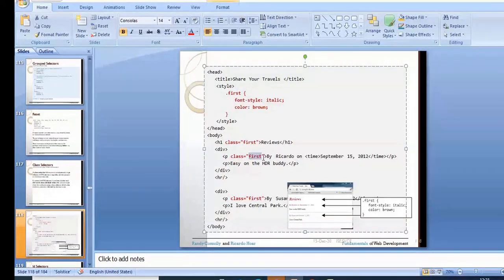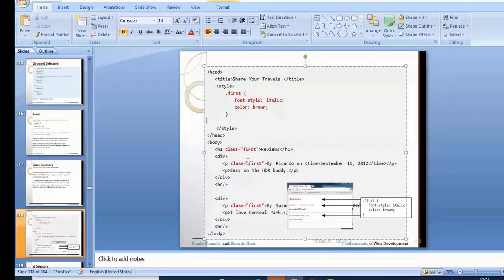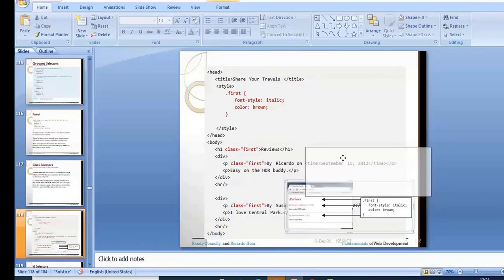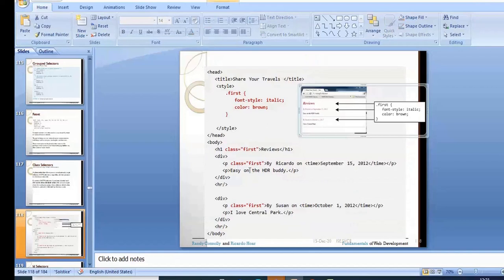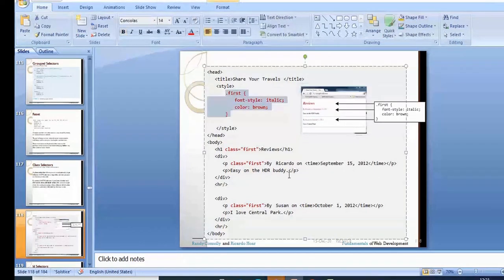So here I am just grouping all these styles. Don't think that it is a group selector. It is like a group selector, but the representation is using a class selector, where I am assigning the class name for each of the tags. For whichever tag is assigned with this class name, it is going to apply this style.